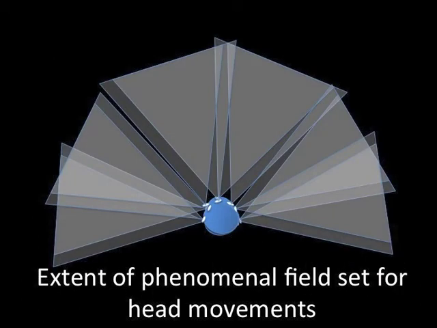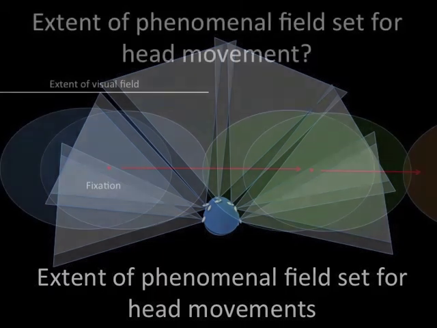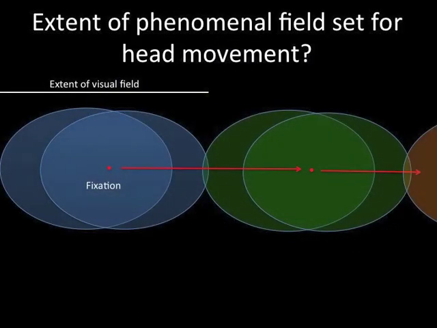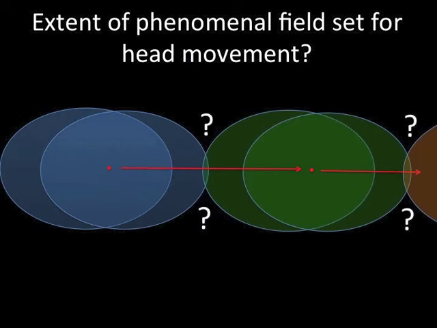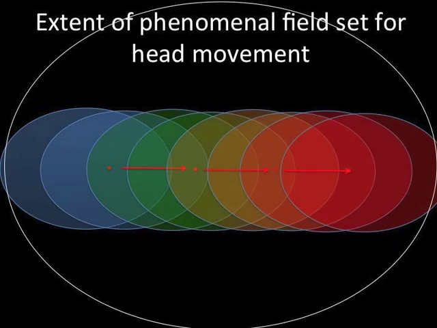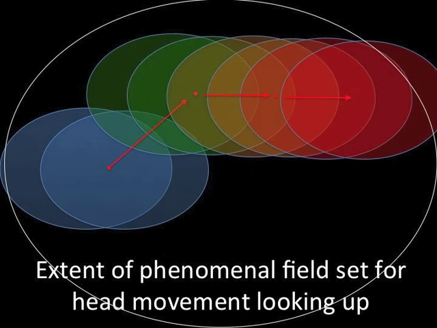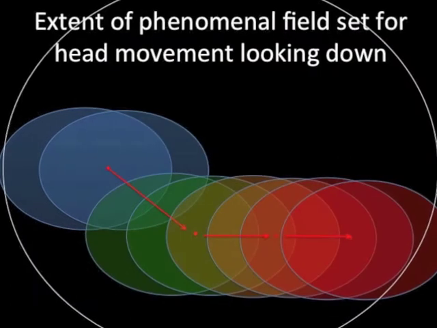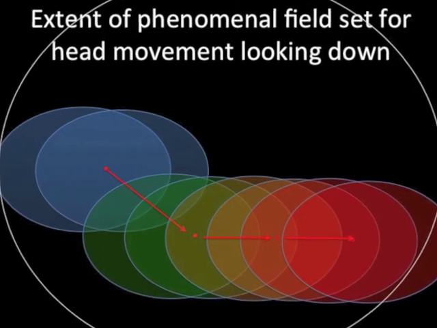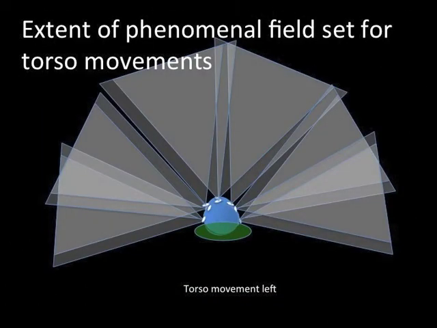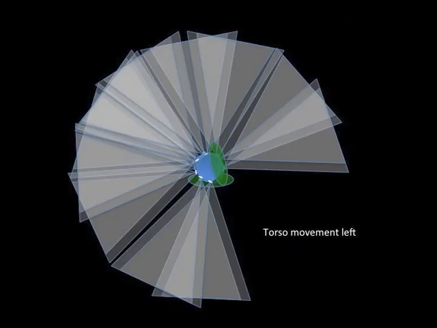As you can appreciate, the full extent of head-related phenomenal field could be traversed with just two fixations, along with their respective visual fields, one fixation to the left and one to the right. However, this leaves considerable gaps and thin information areas. We'd have difficulty working with that, so we usually fixate many more times in order to populate phenomenal field with more rich information about the scene. We can track horizontally, look upward and continue horizontally, or look down. We have one more degree of freedom open to us without moving our feet. We can flex our torso, ensuring a 360-degree field of awareness.